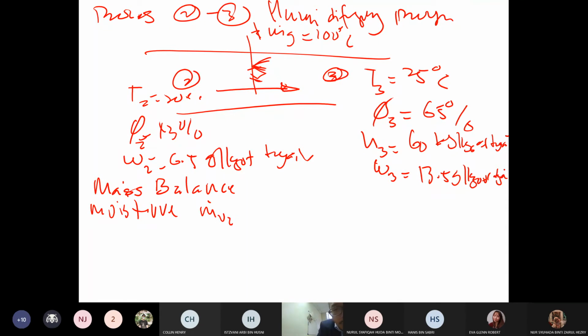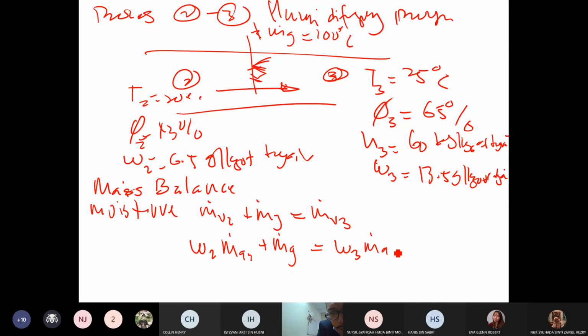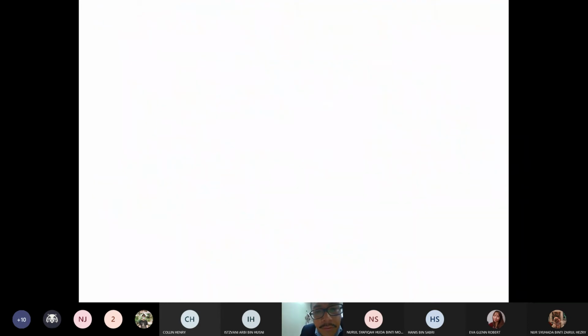Okay. So which is mass balance for the moisture? M.V2, something enters, so it enters here. Plus M.G equal to M.V3. Where M.V2 is equal to omega 2 M.A2 plus M.G entering from the humidifier equal to omega 3 M.A3, where M.A3 equals M.A2 which is equal to M.A. M.A is constant. Okay. From here,